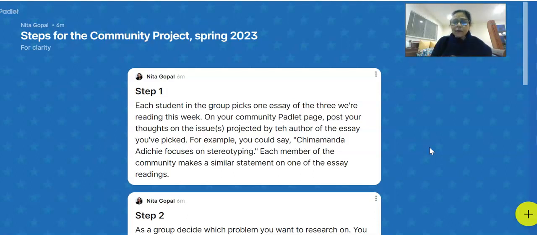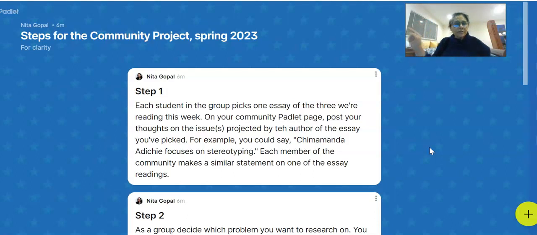And once you have that, you kind of are thinking, oh, okay. And this is important to do. You must zero in on the thought of, you know what? This particular author, let's call her author A, focuses on this particular problem she has found in society. Then author B focuses on this other problem.